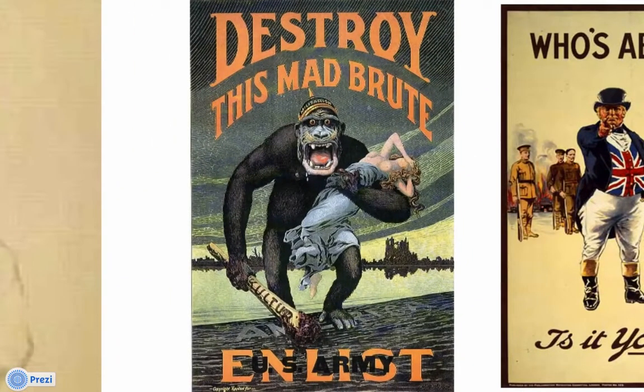When you look right here, this propaganda is encouraging people to enlist in the U.S. Army. If you take a look at the details, the ape is wearing a helmet that the Germans wore in World War I. And if you look at the cap, it says militarism, which remember that the Germans were the first to militarize. Also, if you look at the club that he's holding, it says culture, and it's spelled with a K. So just keep this in mind. And the woman in his arms is supposed to be Lady Liberty.